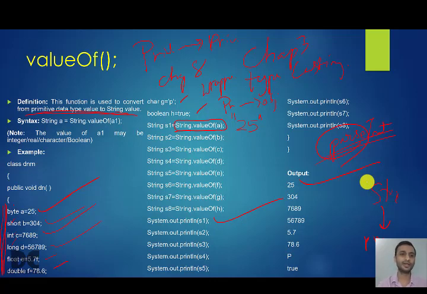Here we are studying about how to convert a primitive to string. It is opposite of that. For that you have to use String.valueOf, and you can write a variable or you can write a value directly, and it will get converted to a string value. Again, not much of use in programming, but you will get questions in theory.